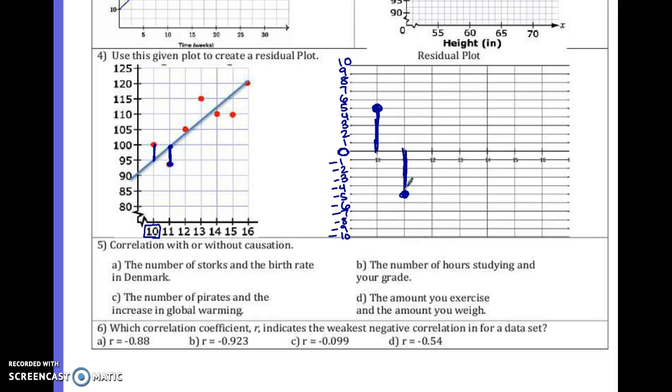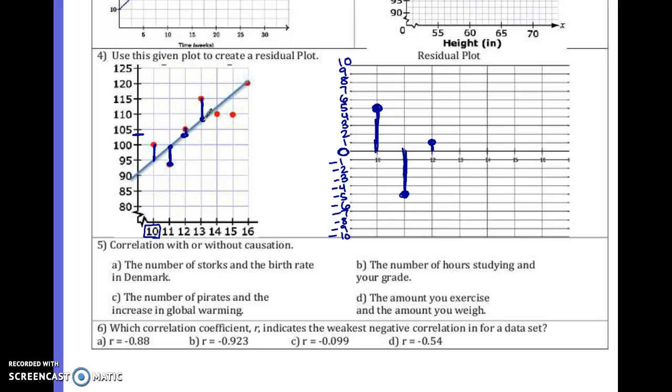So the next point we have is this one, which is not very much away. It looks like it's probably just 1 away because we're going here about probably 104 to 105 for that one. So go to 12 and then we go up 1 because that was a vertical up change from our line. So vertically, to get to the line, how much change occurs?